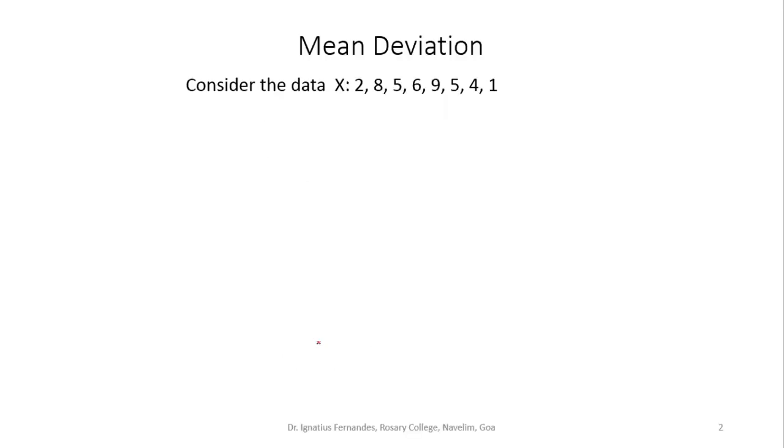So let us say I have an example data set like this, and I want to calculate say mean deviation of this. Right now, to start with, we'll say our reference as the measure of central tendency is the mean, the arithmetic mean. So the mean deviation of this data is defined by a formula, something like this. It is the summation of |x minus x bar| upon n. So it is the sum of |x minus x bar|.